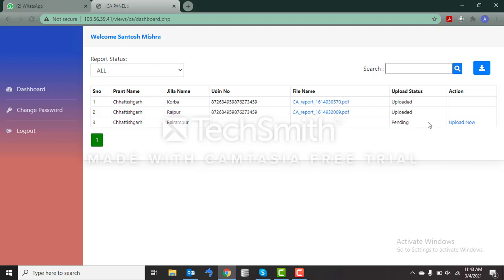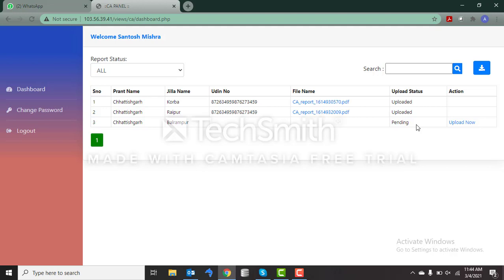But if the admin rejects the audit report, then we will again have the action as upload now and the status as pending. So in this scenario, the auditor can once again upload their updated audit report, the correct audit report, so we can actually rectify the issues if there are any.